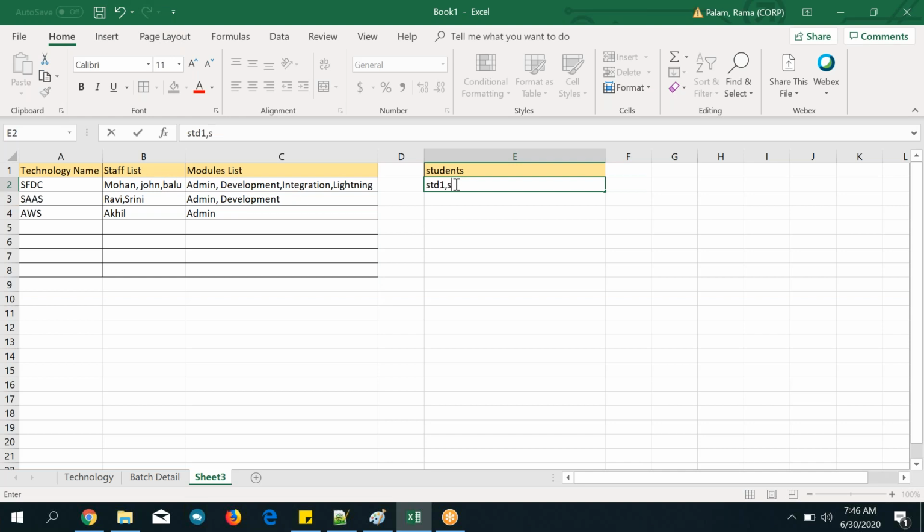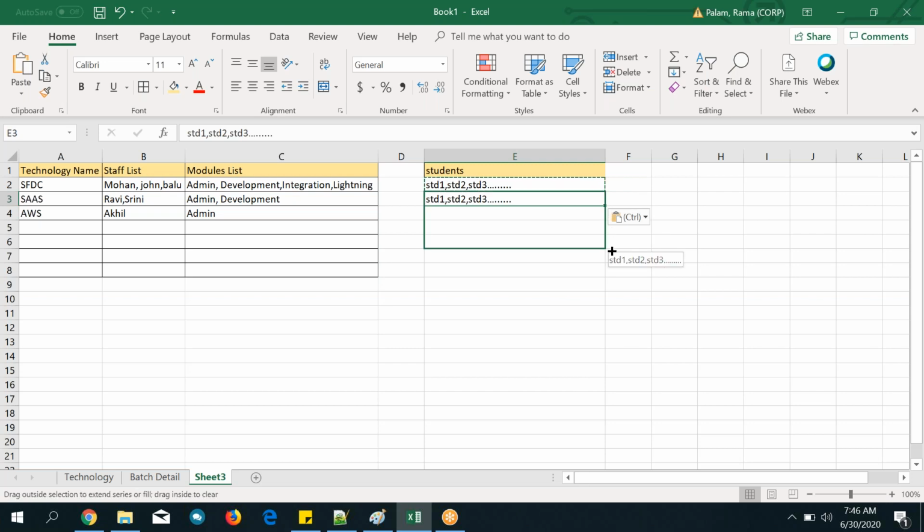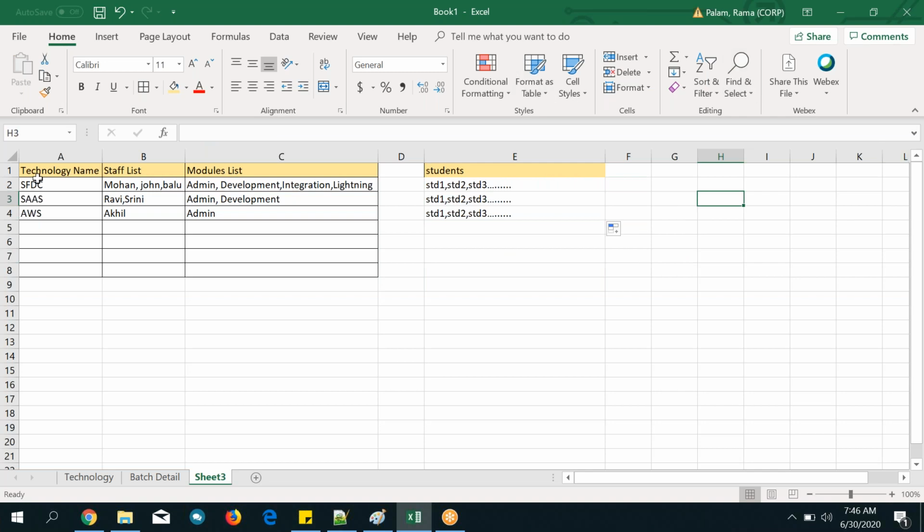STD1, STD2, 3, like that, hundreds of records. Same way for this technology. See here, for the SFDC technology, this many students, for SAS, this many, and for AWS, this many students are there.